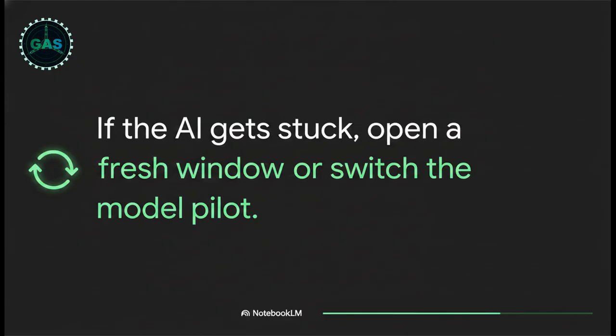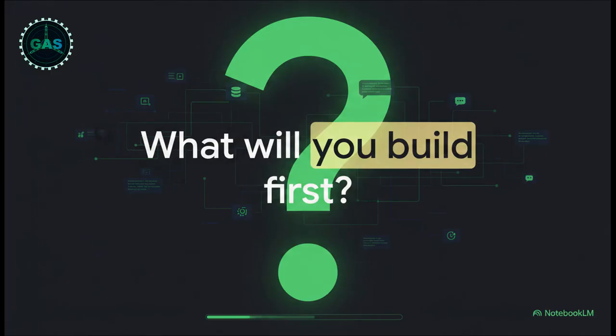But it's easily solved. Simply ask the AI to summarize its current progress, grab that summary, and open a completely fresh window with a clean context. Or you can just switch the AI pilot altogether. If Claude is getting stuck, you just swap the pilot over to Gemini to get a fresh perspective and push right through the error. We've covered a ton of ground today, seeing exactly how the BLAST framework takes us from a blank screen to a fully deployed, deterministic AI system.